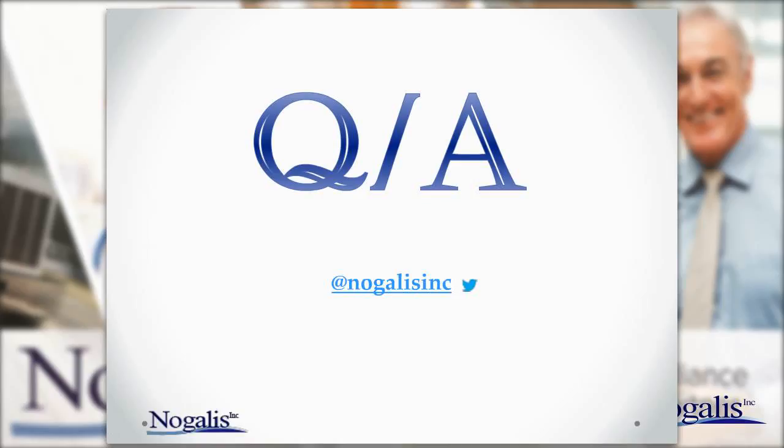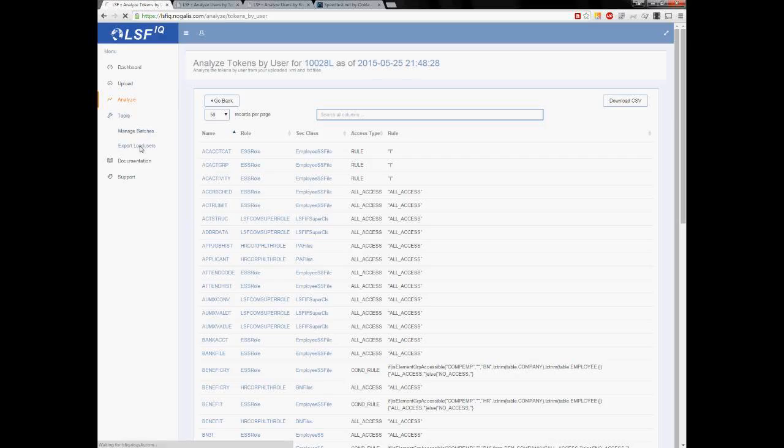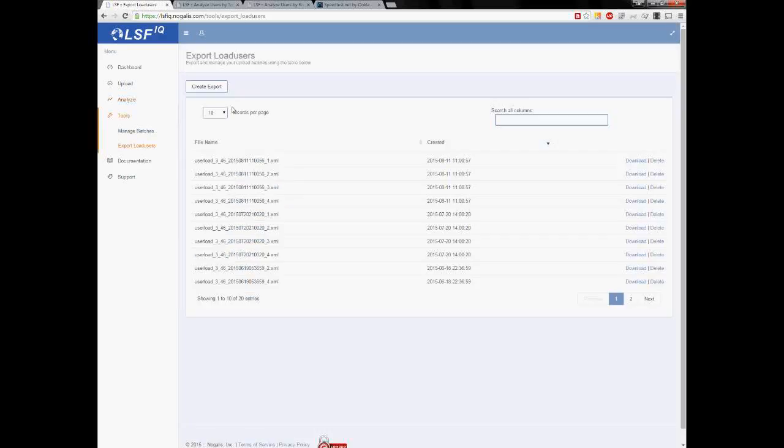We use the load users tool that Lawson provides, and one of the things I didn't show you is, I can take you there right now real quick. In LSFIQ, you can create an export load users file, and you can export all of your users from the system into it, and